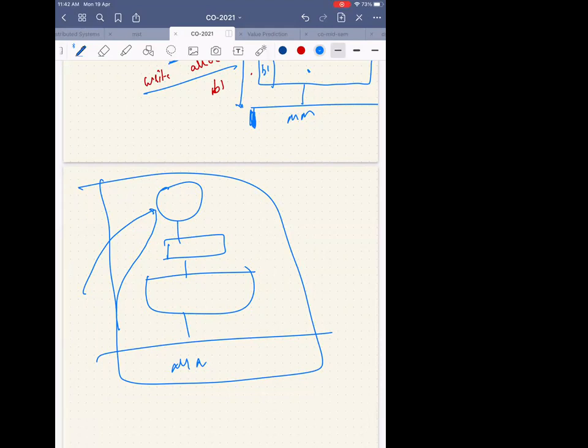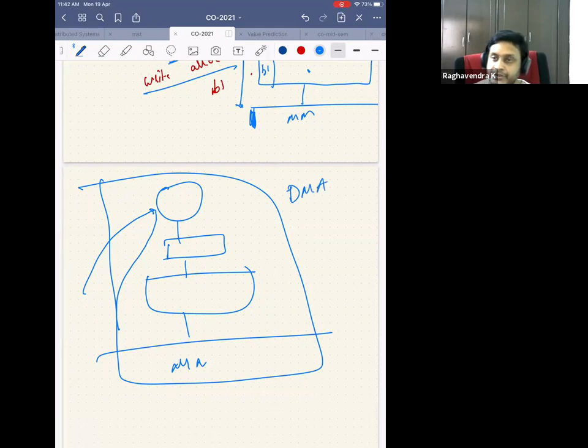So there is something called DMA, direct memory access, where the CPU says, okay, this guy is just copying files or just doing some memory IO. So I will not be involved in it. I will give you the total control of this process. You take care of it, and you tell me after the transfer is complete. And the CPU will go and tell the operating system that I have initiated a DMA transfer. This process is just copying from this to this. I don't want to be involved. If there is another process that is waiting for me to execute, I will execute that process. And the operating system will schedule some other process.